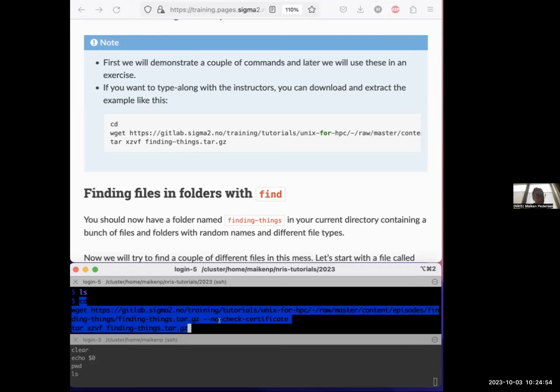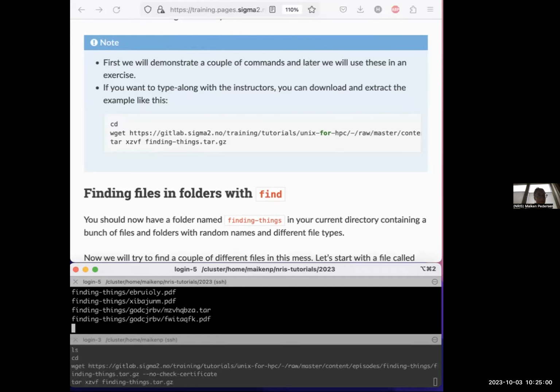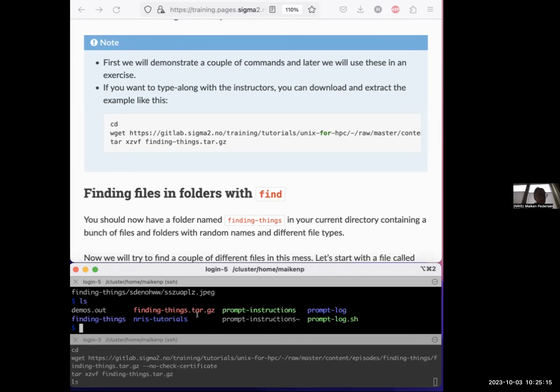This will execute all those 3 commands at once, and then you see quite a lot of output. It's unzipping, or decompressing, the folder that was downloaded. Now if I do ls to check what I have,